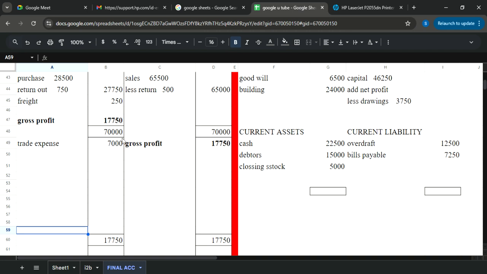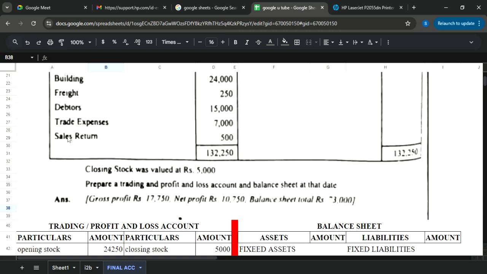Again, it's a profit, so you will name it your net profit. How will you calculate? You will subtract the smaller side from the larger side. Larger was 17,750 and smaller was 7,000. So we have got our net profit, 10,750,